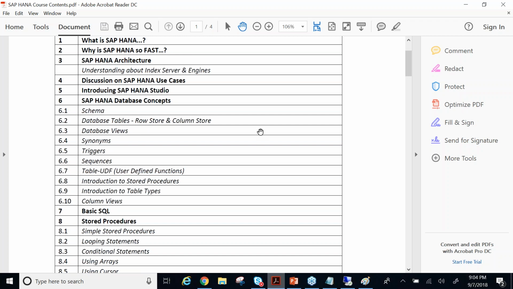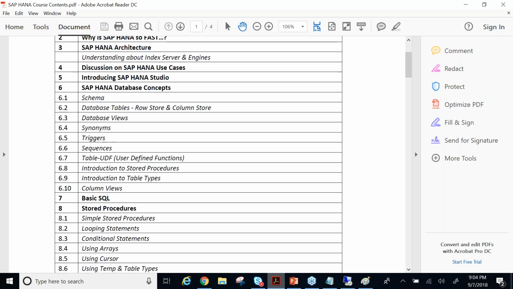So we're going to learn what HANA is and why HANA is like a hot cake in the market. What is the architecture of HANA? Then we're going to discuss the use cases. Then we start introducing HANA Studio and what exactly the HANA database concepts are. Then we're going to learn all the database concepts like schemas, tables, views, synonyms, triggers, sequences, which are related